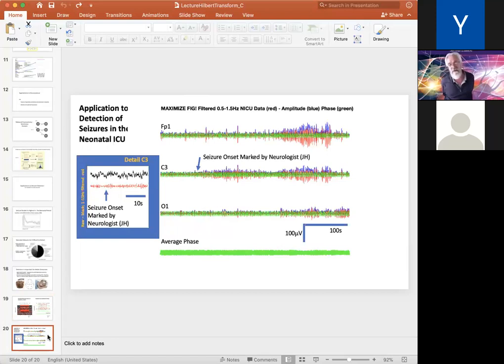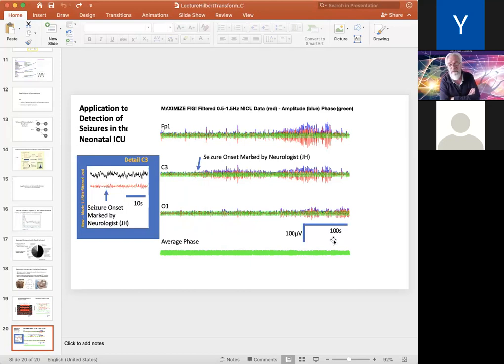recording of 3 signals. If you recall, this one is the 10-20 position on the frontal, this is a central 10-20 position, and this is a posterior occipital 10-20 position. We are dealing with 3 signals, and they are already filtered here. These are the red traces. And this is a pretty long recording so that you can get some perspective of the context and the surrounding